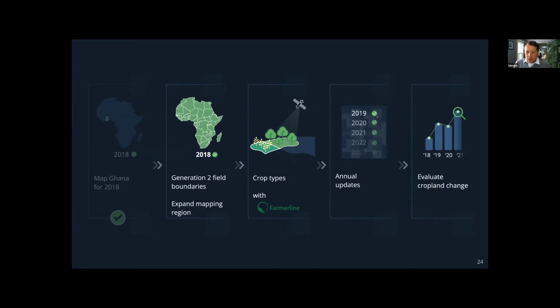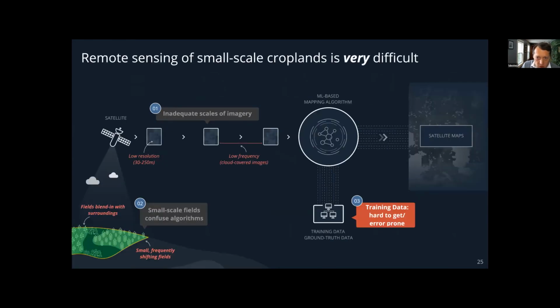And once we have that, we can create annually updated maps, since we can map cropland in a single year, and then we can really start to use that to evaluate cropland change and its consequences. And so that's where we're moving. But what I want to do is to end with 2 final points of what I see as being major remaining bottlenecks